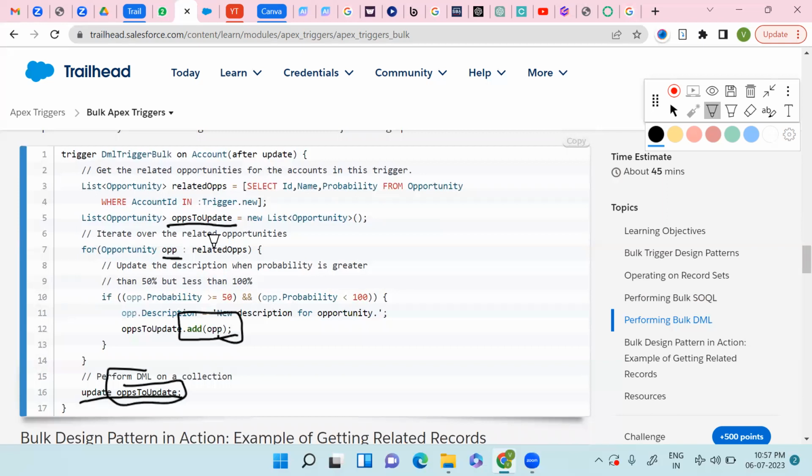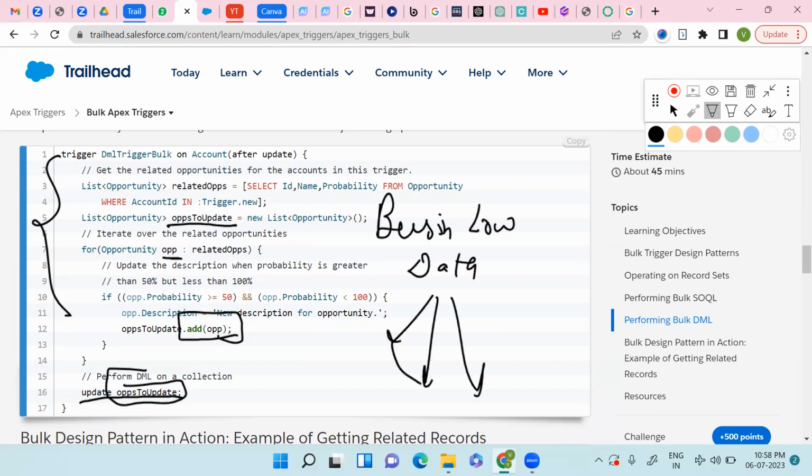Actually what happens is you can write the trigger, but you forget some best practice, or you write the update inside the loop, because initially, for the business, if it is at a low level, it does not have that much data. But as it scales to a bigger level, the data will increase. So not only 99 records, it reaches triple nine records, and your query will get an error in that case. So at the initial level we have to cater to all those things, so that after